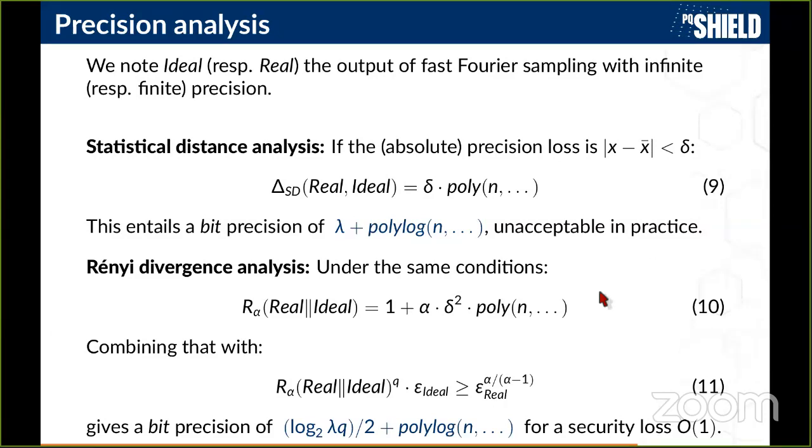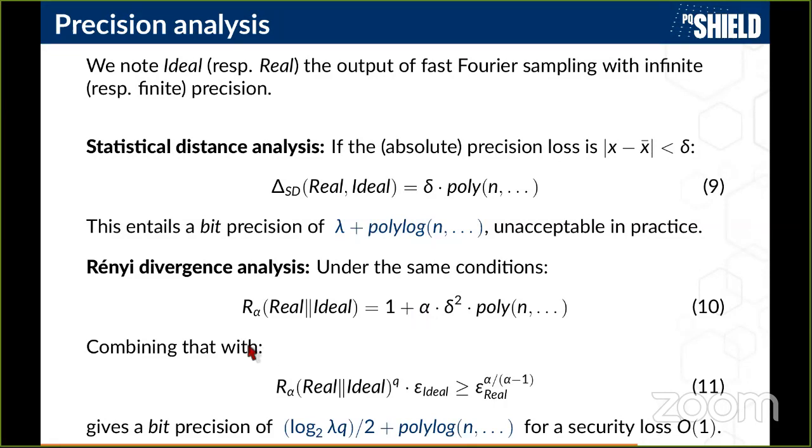And under the same condition for a Renyi divergence analysis, we get the equation 10. And there are two interesting things. First, you can see that instead of having a factor delta, we gain a delta square. And this is actually nice for security. This allows us down the line to get stronger security claims. So the only thing we pay for that is that you have a factor alpha. And this is also why the parameter alpha should not be too large. But in our case, it will be lambda, the parameter alpha.